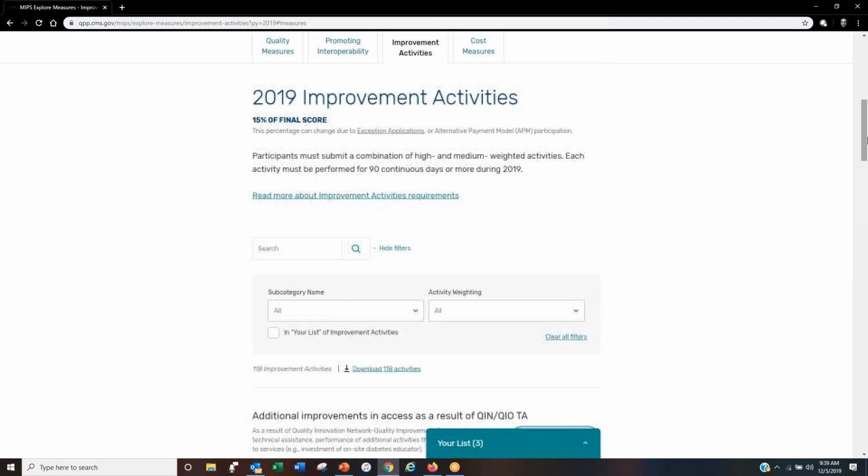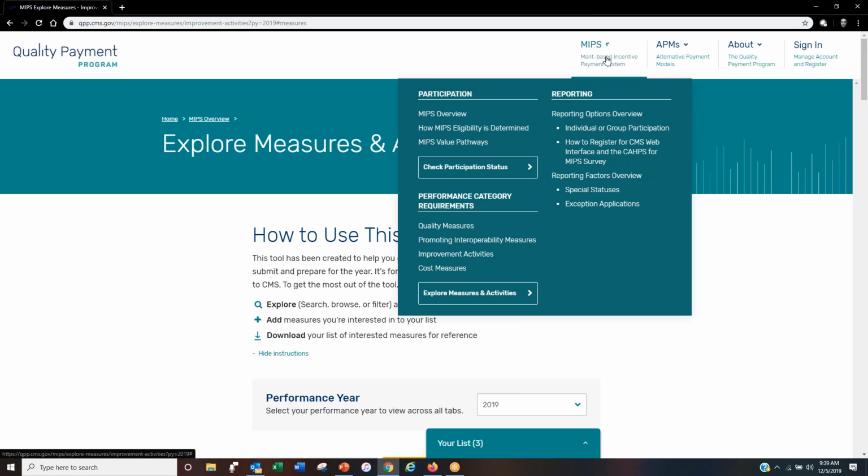Some of these, what I wanted to tell you about these, if you're listening, is when you call your EMR vendor, some of these improvement activities you can get in registries, like through GRITs. Some of your EMRs will have these, so you can call your EMR vendor at the beginning of the year and say, I need to load as many quality measures as I can in my EMR, and I need to find out what improvement activities are available to me through my EMR. And I also need to make sure that you are certifying my EMR for my 2020 MIPS, and that's called your promoting interoperability. So your EMR vendor does this, not Steve. And if you have questions about it, you just go to About,